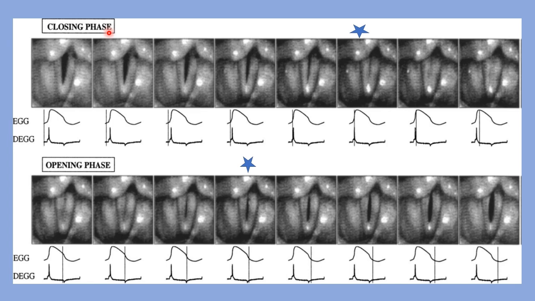In the start of the closing phase, the glottis is still open. You can see some glottic area there, but the vocal folds are starting to get closer together. And you can see from the traces here that the closing phase had not yet started, and the positive peak has not been reached yet. This positive peak would describe the abrupt closure of the vocal folds and the start of the closing phase. It would be reached here, and this